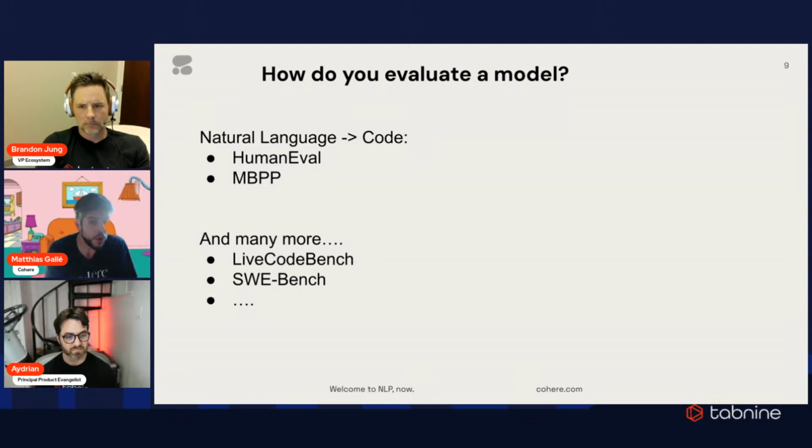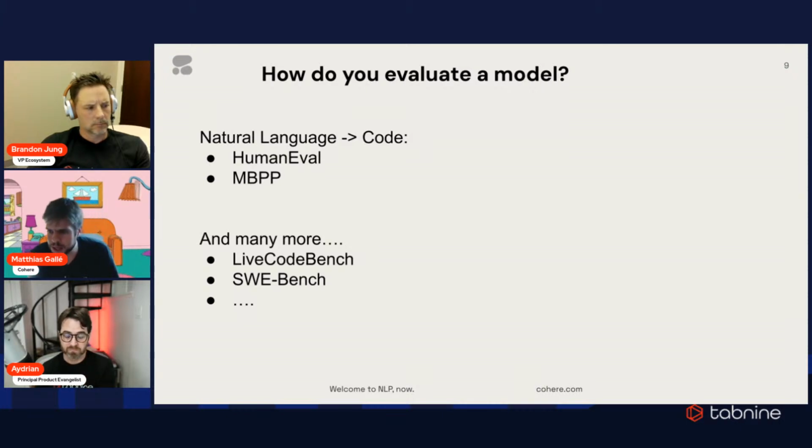Another one which has become quite popular in the last few months is called SWE Bench, Software Engineering Bench, which is a bit closer, like most of you might be using these models, although not exactly. What it does, it's assuming it has a code repository. It's assuming it has an issue, a description of a problem, and the output, what's expected from the model, is the patch of your code base which would fix this specific issue. And this is obviously what many of us try to do in a human-in-the-loop way when we work with the models. This one assumes that you can totally automate it.